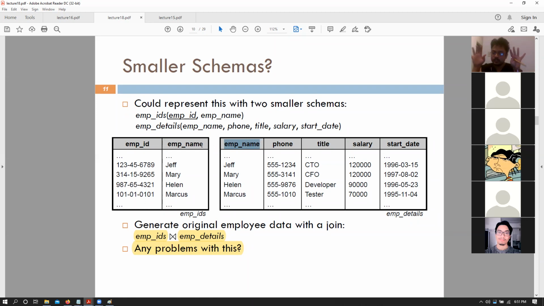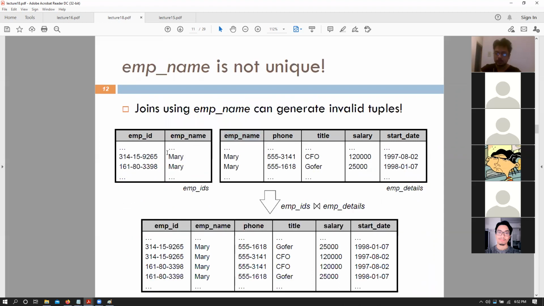If we are to join two tables based on employee names, that might create some issues, right? If we are performing a natural join, we would be joining them in terms of employee name, but that would create issues because different employees might have the same name, right? And that is why this breakdown or decomposition of our table is not correct. Next class, we will show why this is not correct and what we can do to fix this.